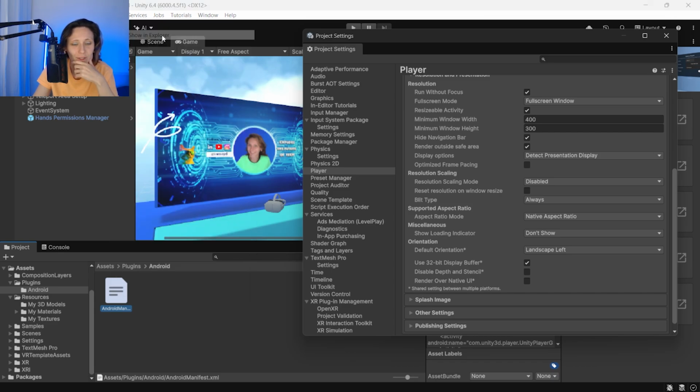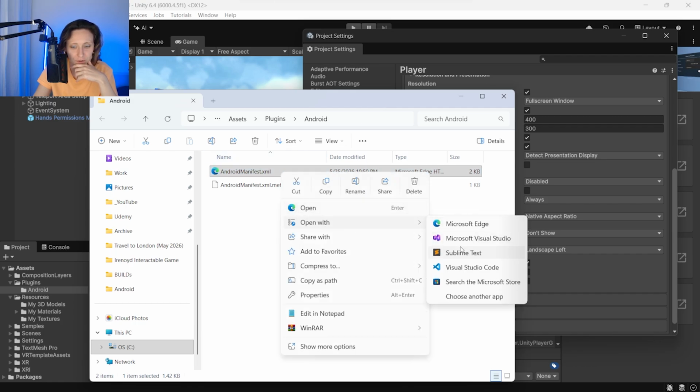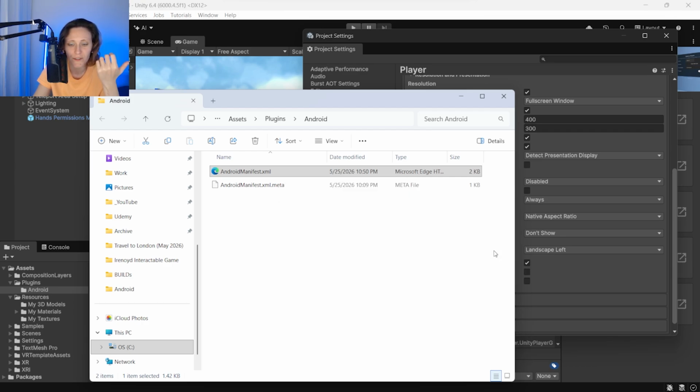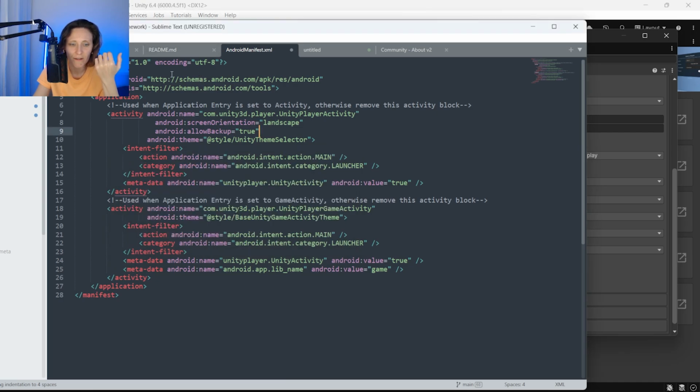You show it in Explorer, and then you select an application. For example, I can use Sublime Text, or I can use Visual Studio Code. I can use many things. But basically here you can see all the code, and you can also edit it. Now, one thing that you have to double check is this setting here,